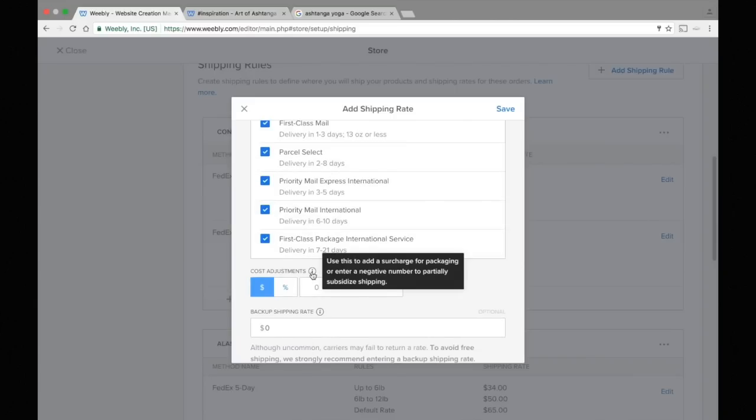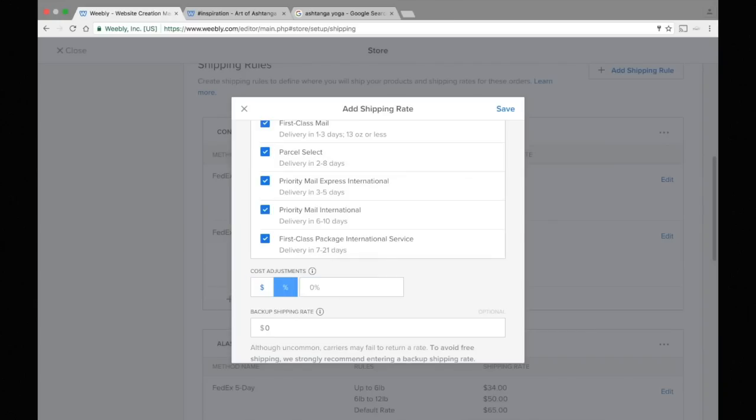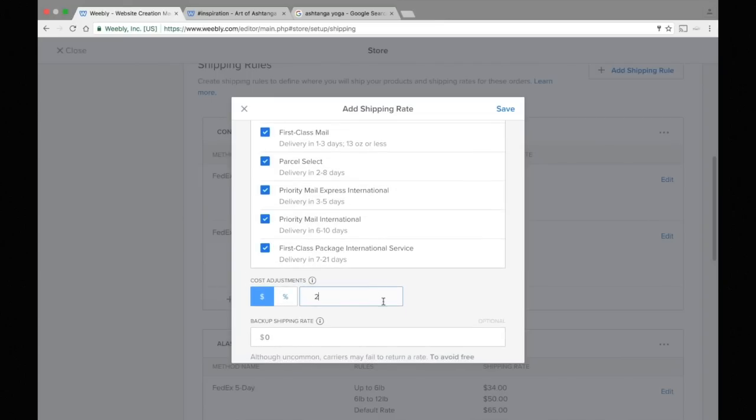The next thing we see are cost adjustments. Remember that the price that was going to be determined automatically is going to cover the cost of shipping and shipping alone. It's not going to cover the cost of your box and your tape and your packing peanuts and your time, as shipping and handling. So this is where you can increase the price. We can do this on a percentage basis, or just say that it's going to cost me $5 in addition to the shipping cost on every single order. So we can put in 5 here,